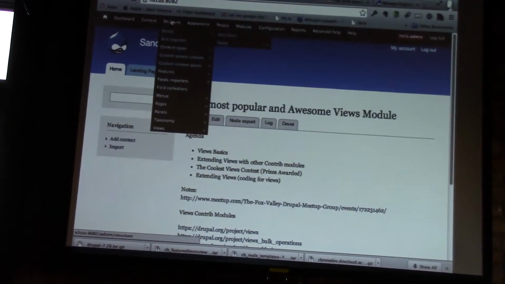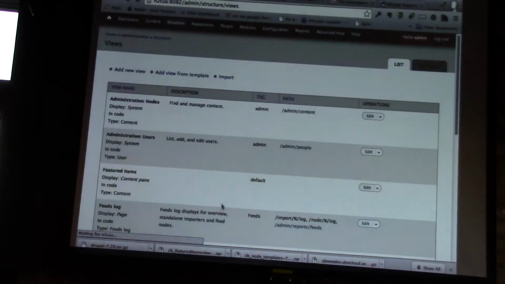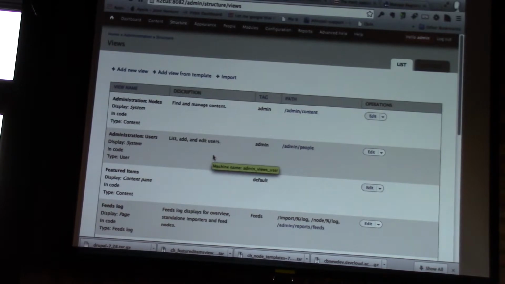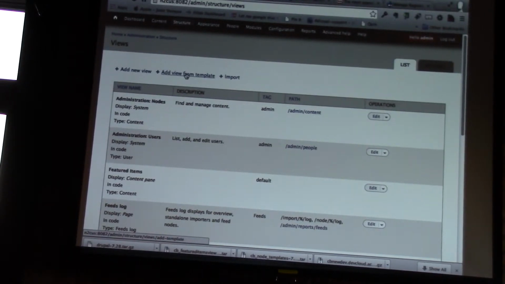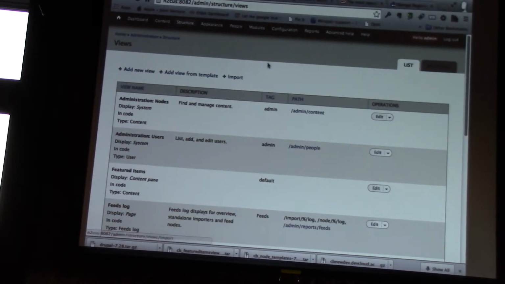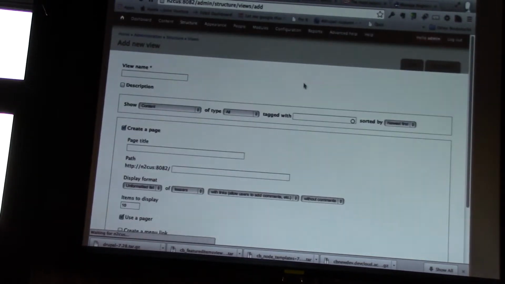In the structure menu, Views is located there, and if you go to Views, you get a listing of all the views on a site. You also have a link to add a new view, add a view from a template, or import a view. We'll get into that in a little bit, but right now we're just going to go into add a view,